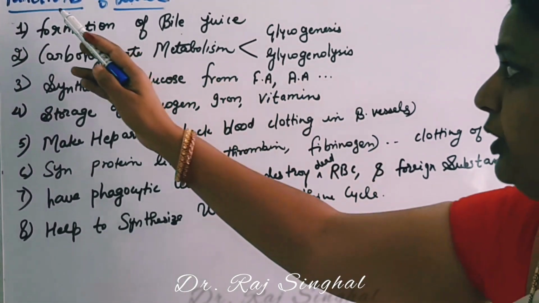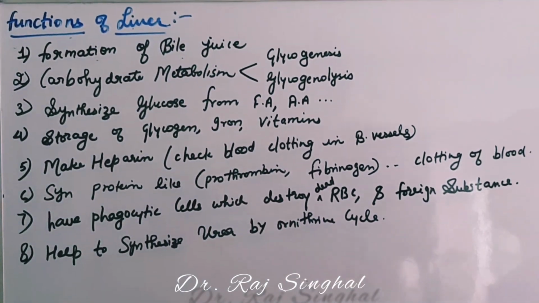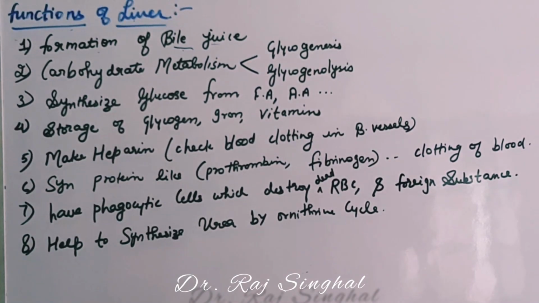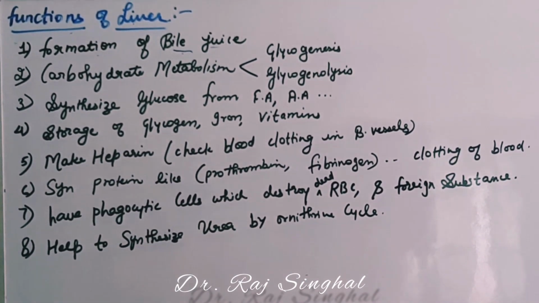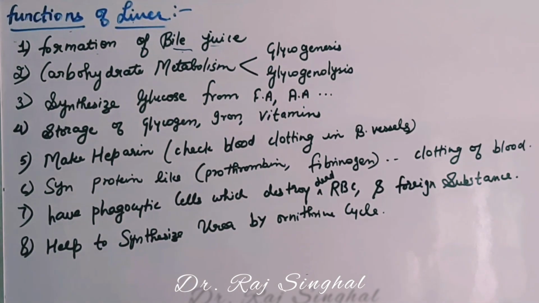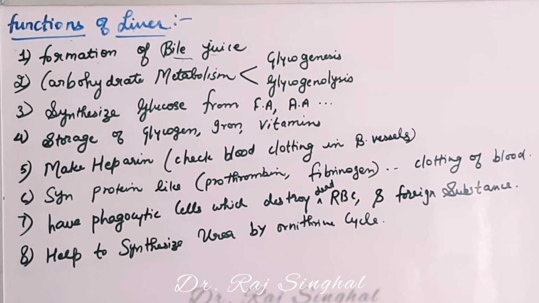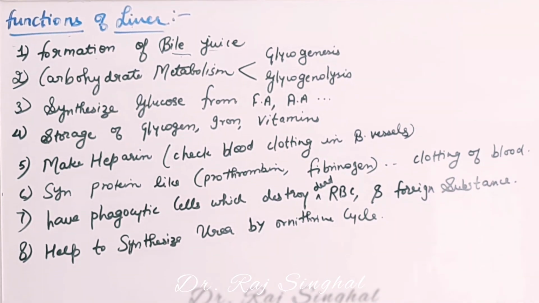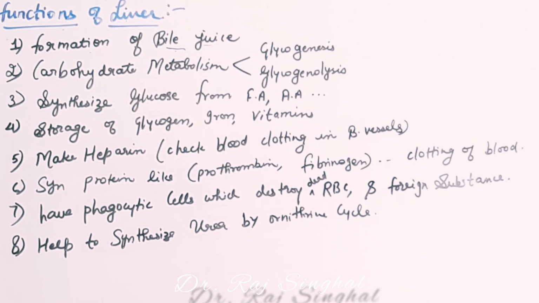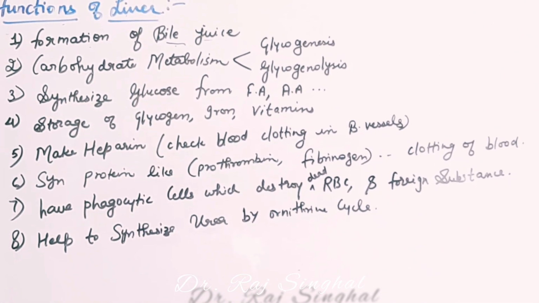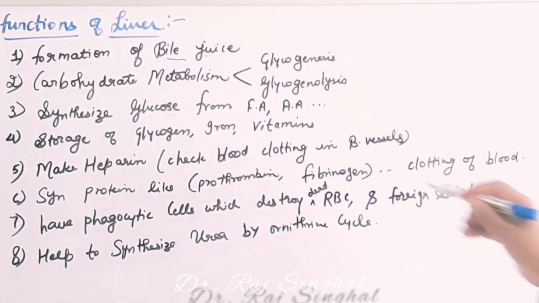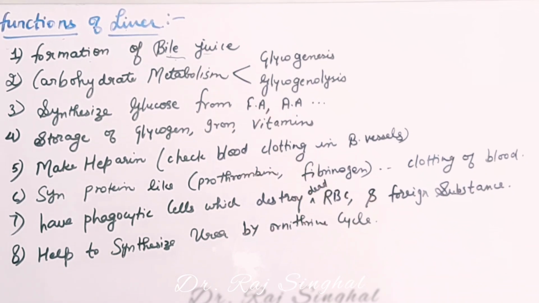We will study the functions of the liver. The most important function of the liver is to secrete bile juice. Bile juice is a very essential component of our digestive system as it creates the alkaline medium which is necessary for the pancreatic enzymes to work. The food coming from the stomach is acidic in nature and is further acted upon by pancreatic enzymes. Pancreatic enzymes act only in the alkaline medium which is produced by bile juice.